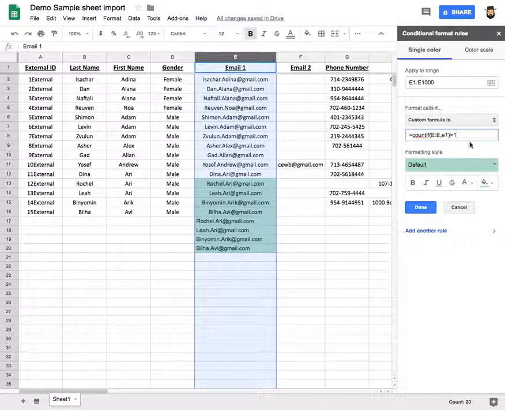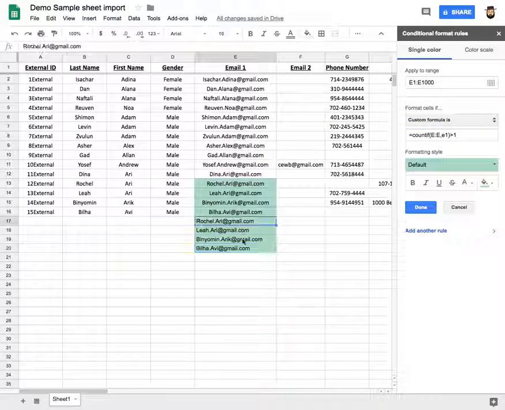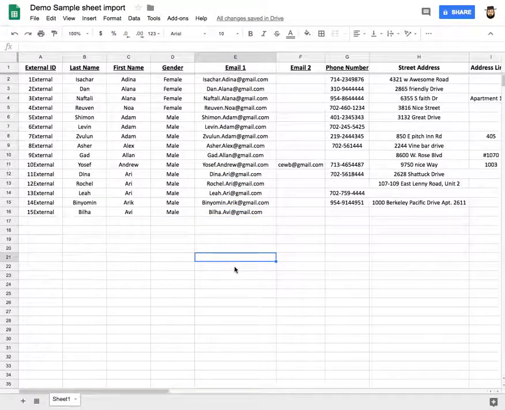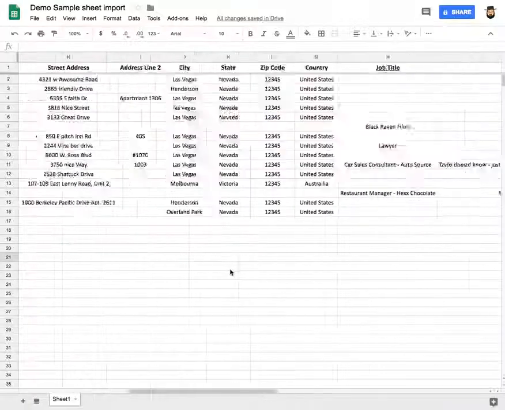So this is helpful. If you have duplicates, you could easily detect them, and then you go in and you delete the extra ones, and your sheet is clean, no duplicates. And so I think that sums it up for preparing your sheet for the